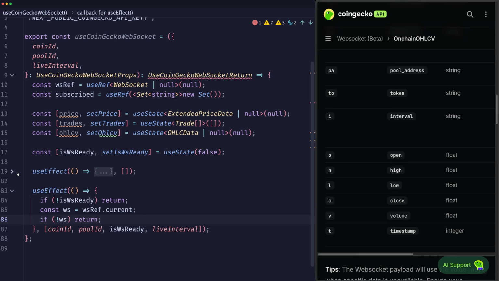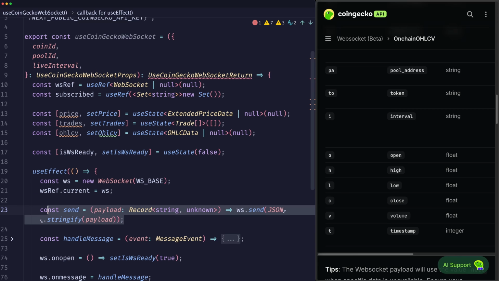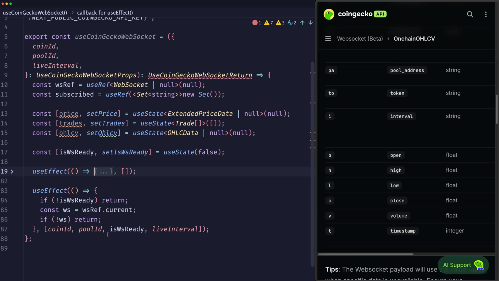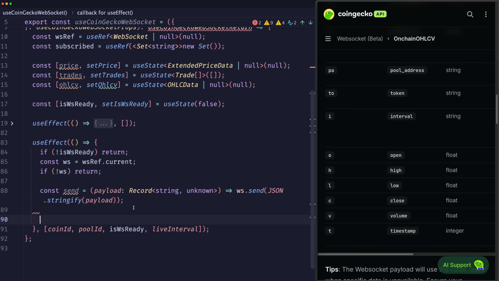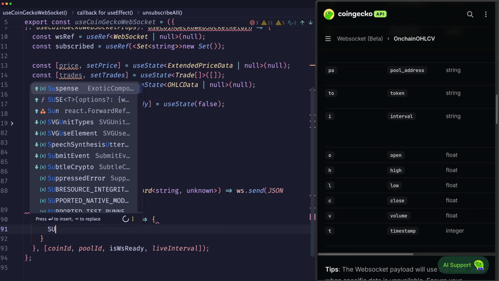And then I'll copy the helper function that allows us to send these messages from the previous useEffect and paste it right here. And now we need to create different functions for unsubscribing and subscribing to different streams. First, I'll do unsubscribeAll. So let's do unsubscribeAll is equal to, it's not an asynchronous function. And we simply have to say